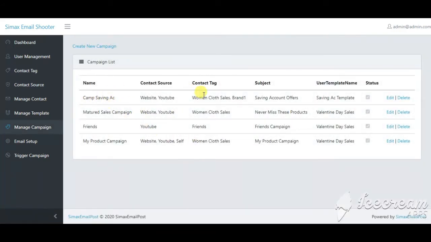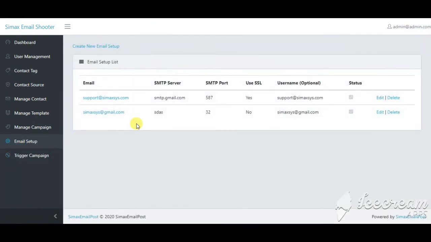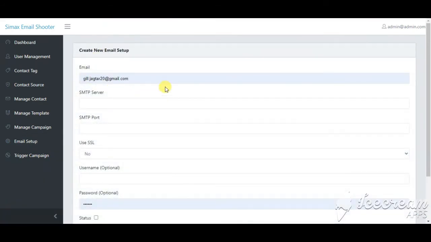Saving account campaign is created. Now you need to trigger or schedule that campaign. Before this, you need to set up one email account. Here I set up one, and you can set up multiple email accounts. It's fully dynamic.